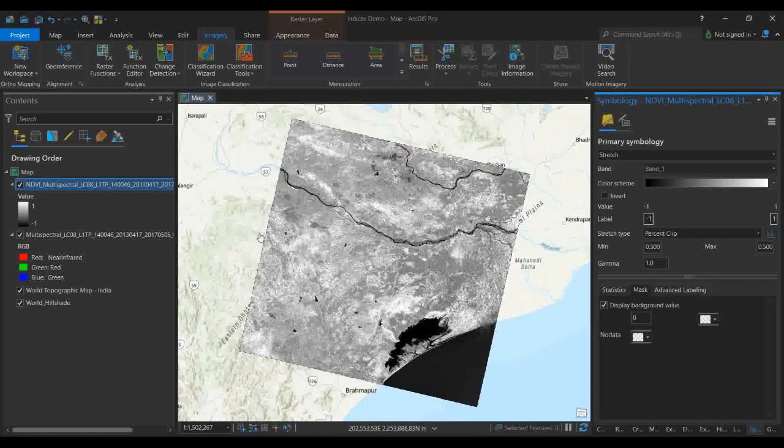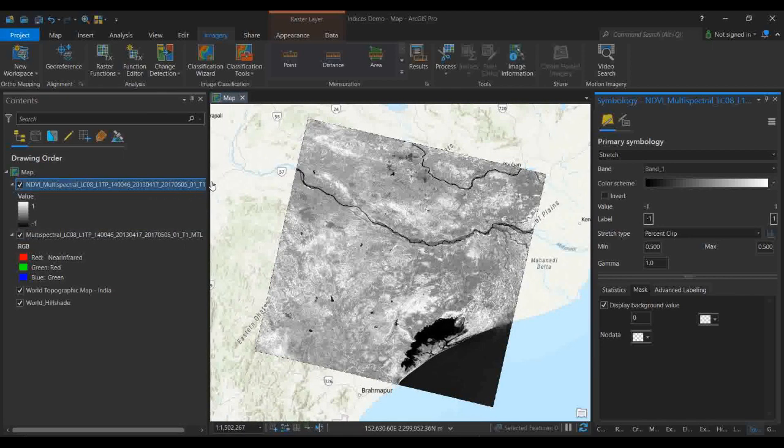this ArcGIS Pro automatically reads your file, which one is your infrared and red band, and it is calculating this for you. From the metadata, this NDVI you can directly calculate, so no need to select any bands. But now if I want to target some other, like if I want to target the water indices, then I need to select the particular bands, but you need not worry about doing that in ArcGIS Pro, because Pro is actually telling you which band you need to select.